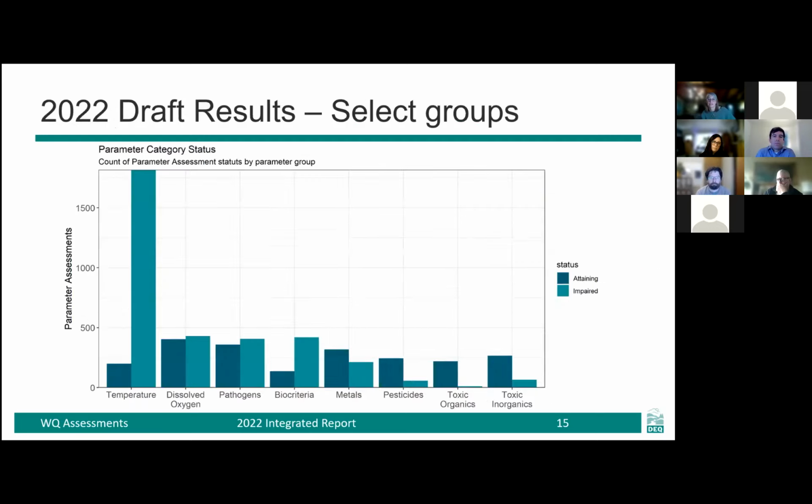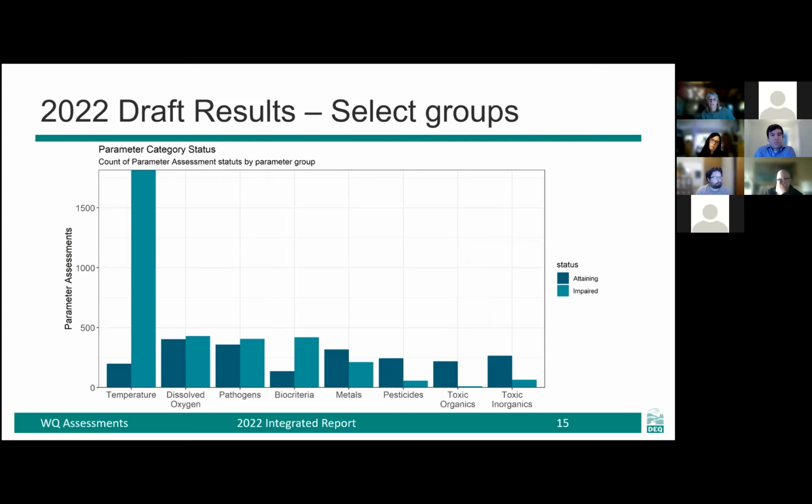Okay, next slide. So this just kind of looks at the data in a different way. So the light colored represents data that is considered to be impaired. It's not attaining water quality standards. And the dark represents attainment of water quality standards. And what strikes me with this graph is for most of them, it's fairly consistent, the attaining and the not attaining.